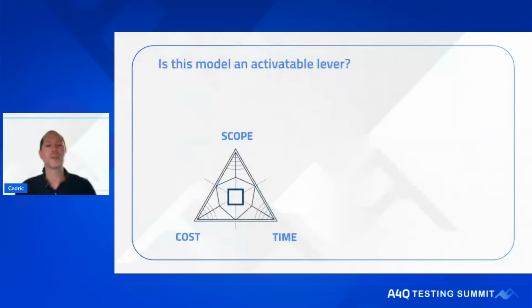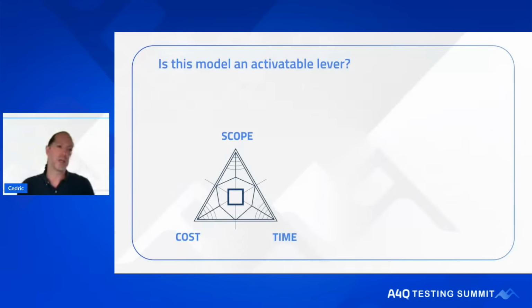So one of the things I think, and that would be maybe a little bit of a warming up today, is let's see what we can definitely do. There are some levers, there are some principles, and one of the big ones is this triangle that I'm sure you've already seen. It's used a lot for project management and for communication with business as well, because it's all about scope, cost, and time.